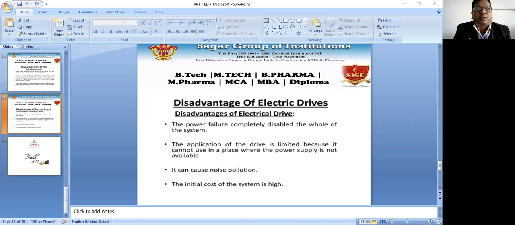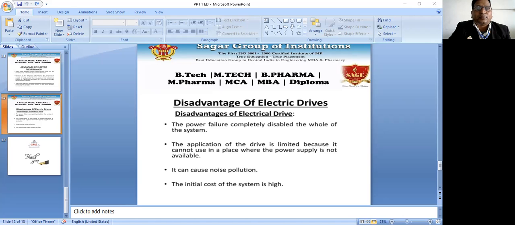Another advantage, it can operate in 4 quadrants of the speed torque plane. They can be started instantly and can immediately be fully loaded. That is, there is no need to refuel or warm up the motor. They have flexible control characteristics and can be employed to automatically control the drive.